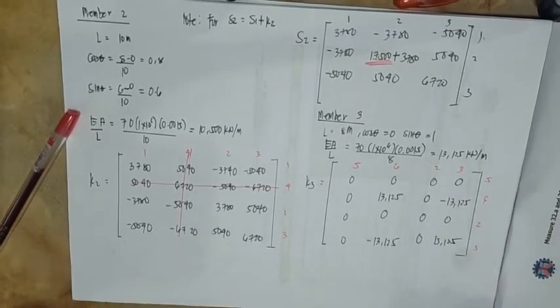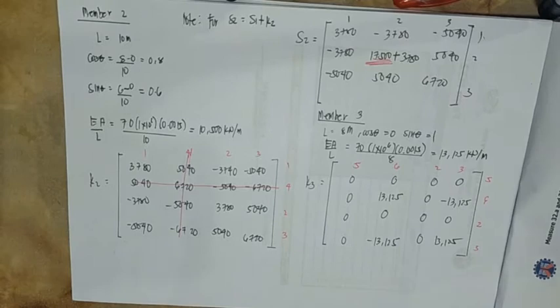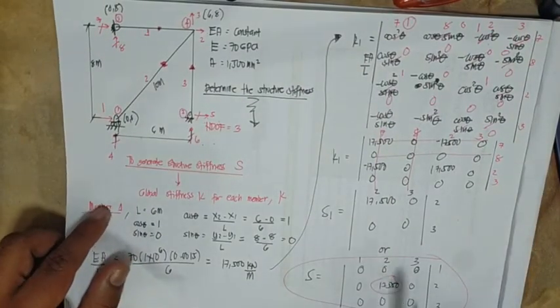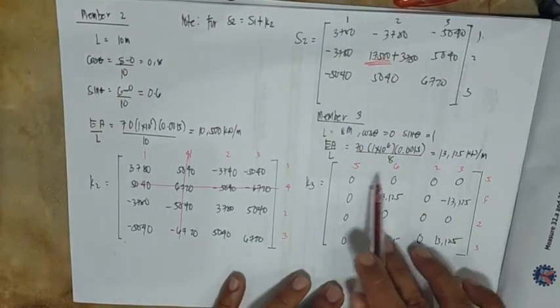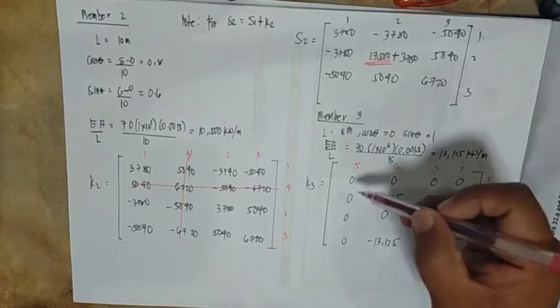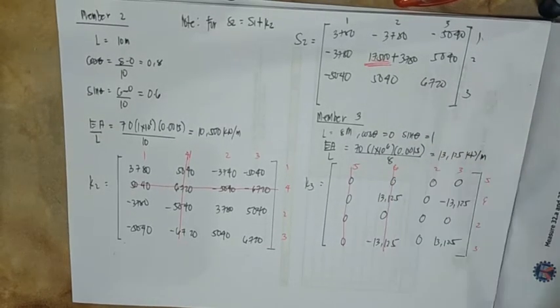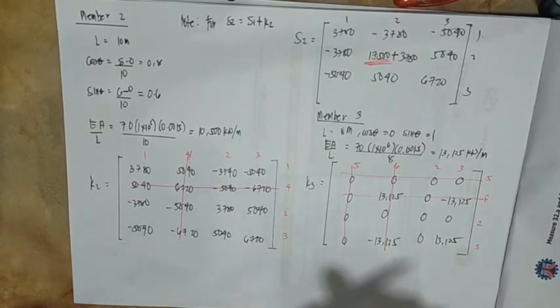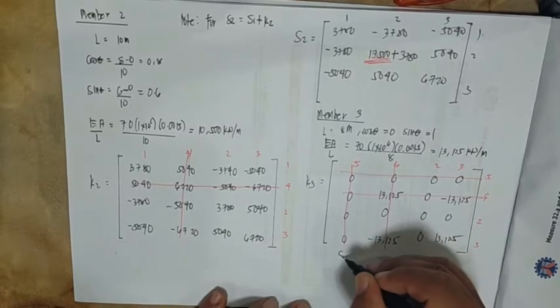Again, focus on the unknown displacement, which is 1, 2, 3. There is no 1 here, we just focus on 2, 3. So, we will cancel out 5, 6. Now, the same. The structure